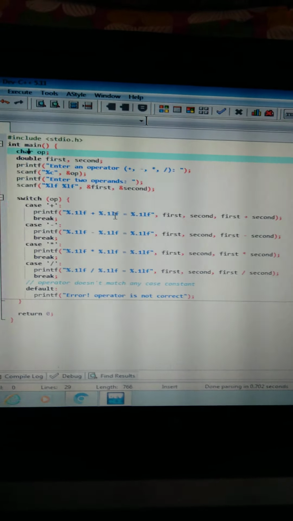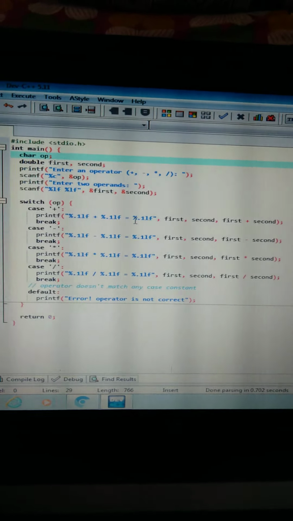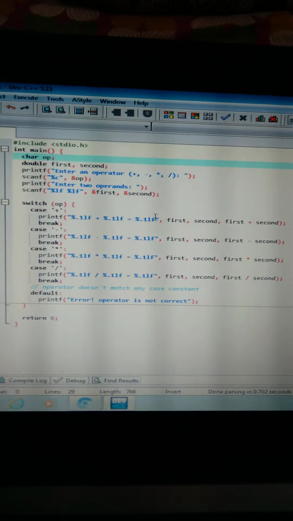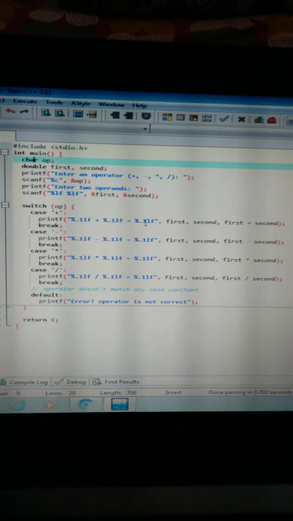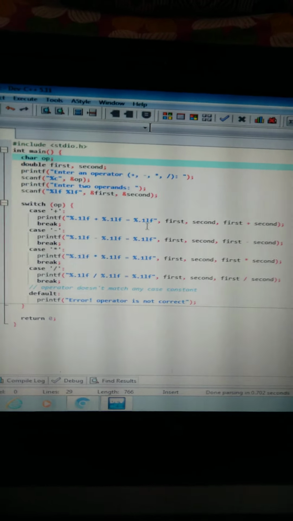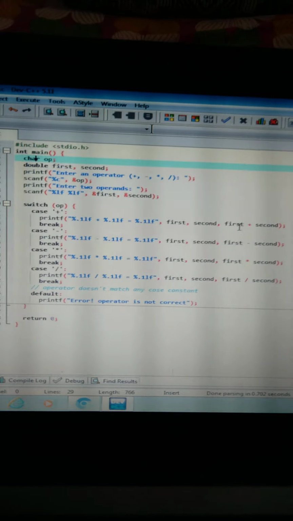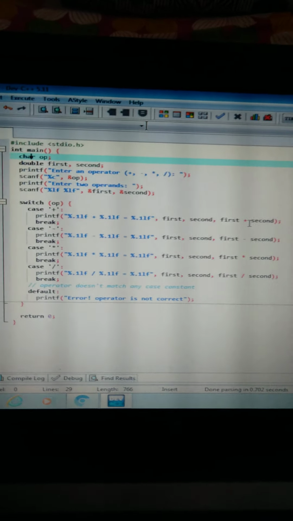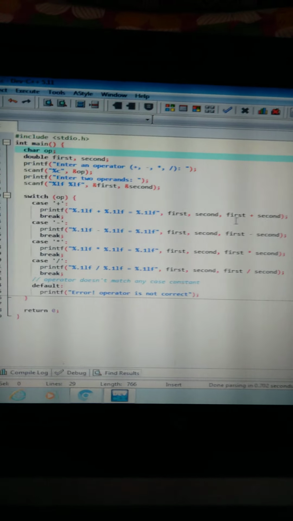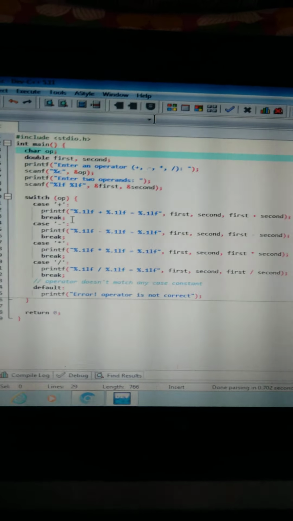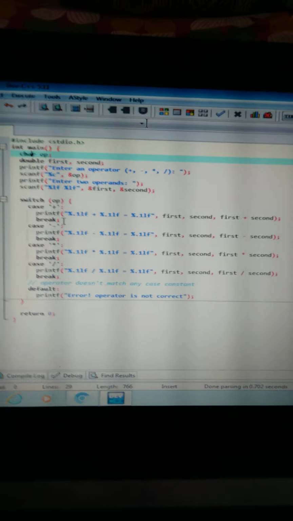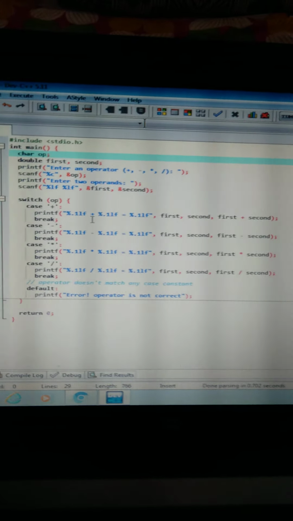Like this the second operand, and here the result will be declared. Whatever type we take for calculation, the result is declared in that type. It shows the first operand, second operand, and first operand plus second operand on the output screen. Then a break, which stops execution after one operator's calculation.